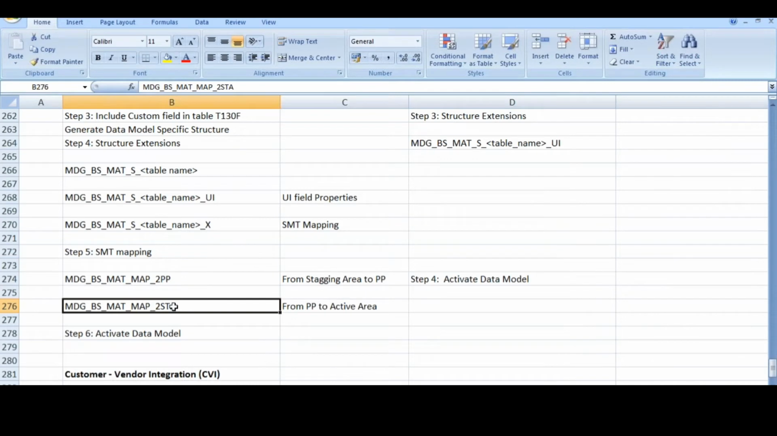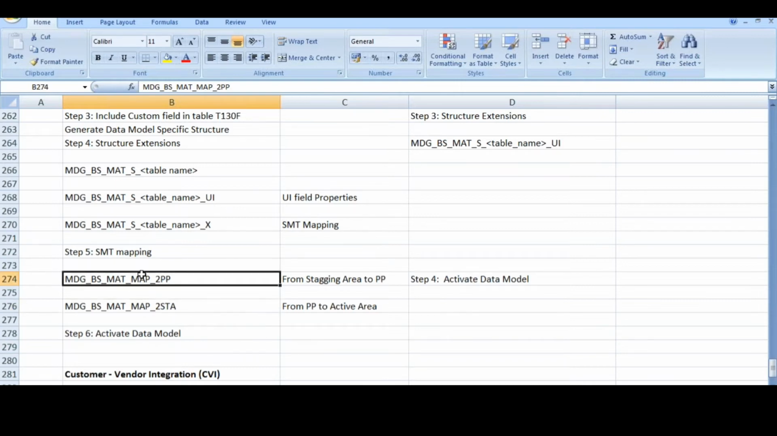mapping are done. Okay, and always, in fact, for customer, for vendor, always you have this same sort of mapping. Only the name will be different. Of course, it is material, so you can see MAT. If it is business partner, you can see BP. If it is a customer, then you can see CUS. If it is a vendor, you can see VN, something like that. Okay,